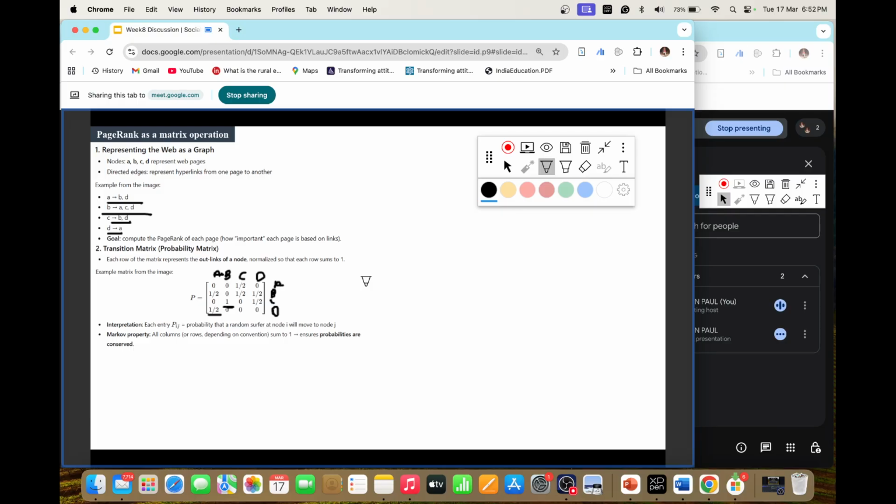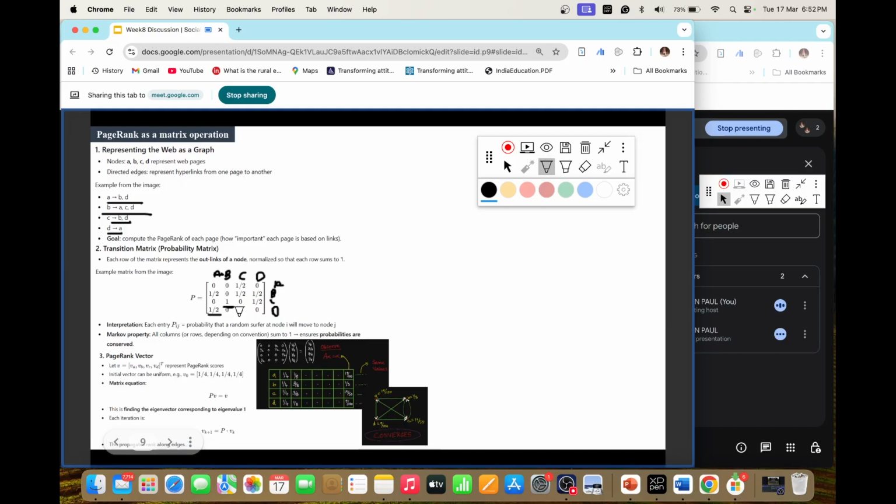So again I am repeating, what is happening is A is giving to B and D, but B, let's say B, it is giving to C, A and D. A and B is giving to C. Okay, that is okay, and A and D. So A and D is not considered. Okay, and C, it is giving to B and D. Okay, so I'm not discussing this. I think there's a problem here, but